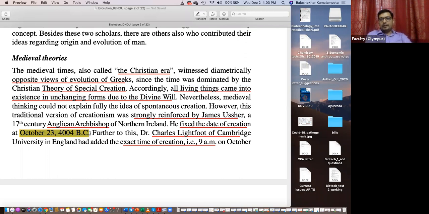He said there was a fine day when God decided to create life, and created all sorts of organisms as they are today. It actually shows that